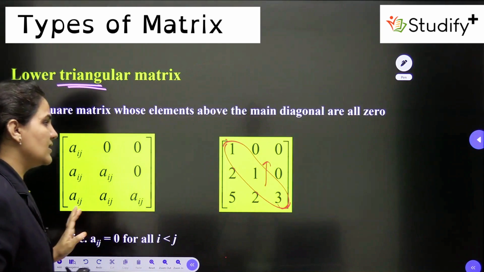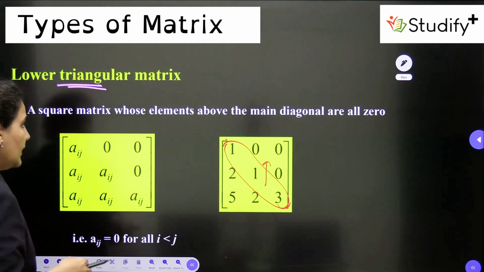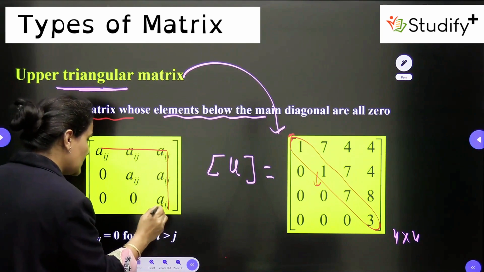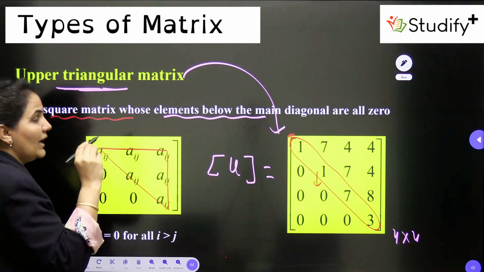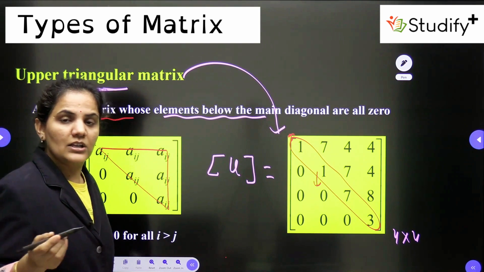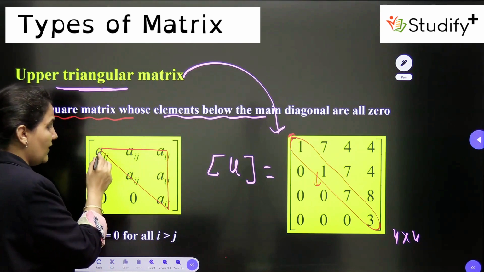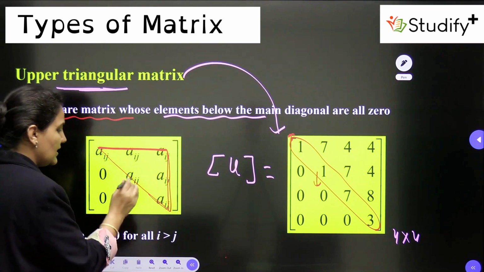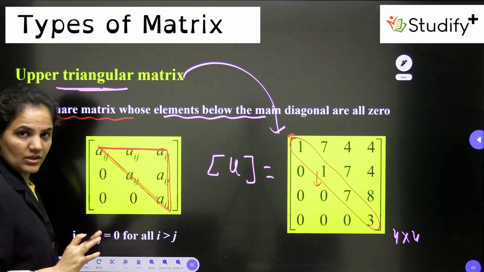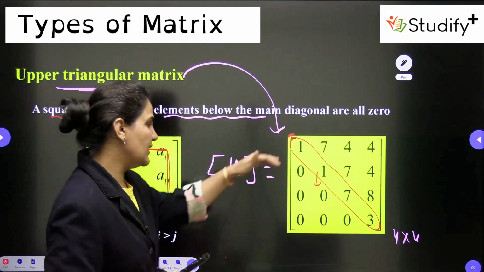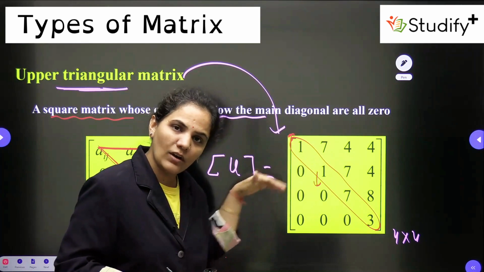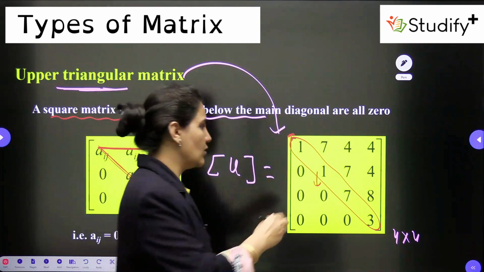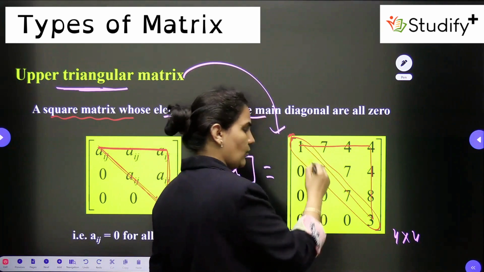Very easily we can approach this one, dear students. Okay. Now let's have one more discussion. If you want to know why we have the name upper triangular, the logic behind this is that in an upper triangular matrix, the upper triangular shape will be non-zero. But always consider this: below the principal diagonal all elements are 0. We have only one shape of triangle, one non-zero triangle. This is an upper triangular matrix.